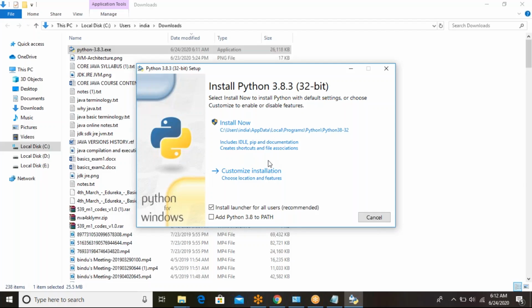Okay, so idle means what? Integrated development environment, a graphical user interface window. So where you are going to type the programs. Got it? And the next one is Python 3.8 command line window, which will display a black screen, but this idle will display it in a white screen. And pip is a command which is included into the Python by default, and which is used if you want to install the packages.